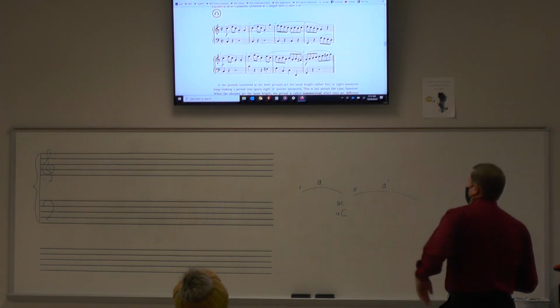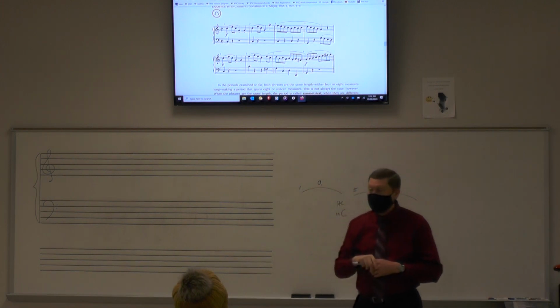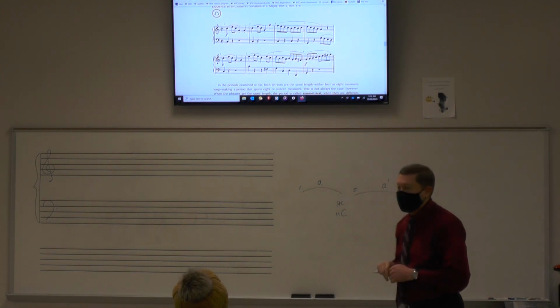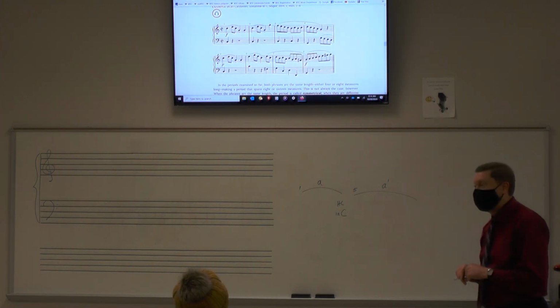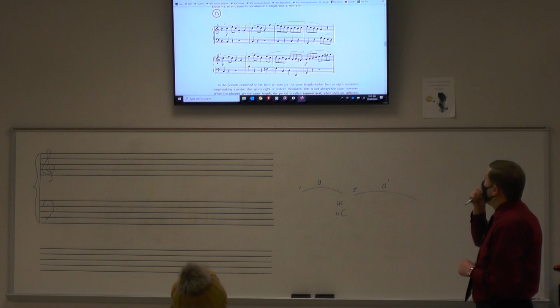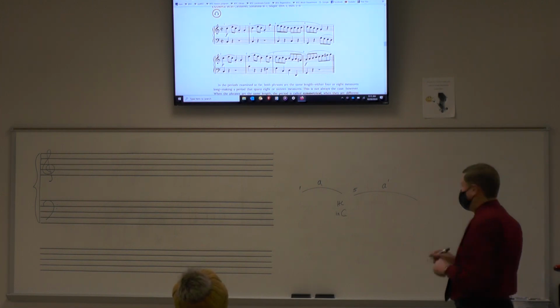Do you see in the left hand of bar 6 an F sharp? Do you see in the right hand at the end of measure 7 an F sharp? What do you think the F sharp means? We modulated. That's right, we modulated to G, you bet. So, can I say that the cadence in bar 8 is in the key of G? Yes, I can.